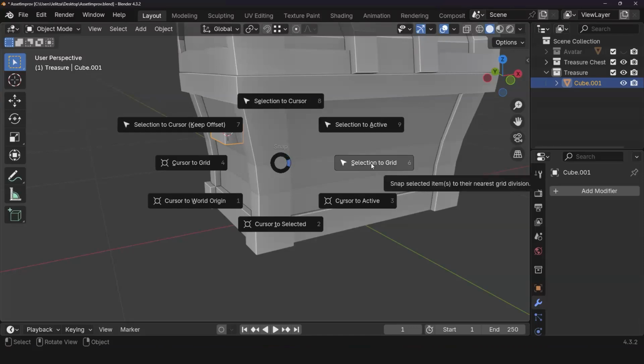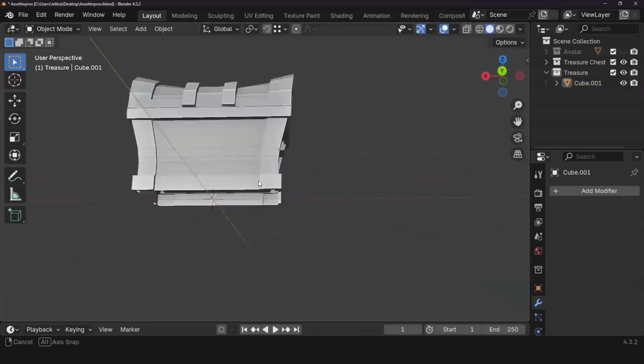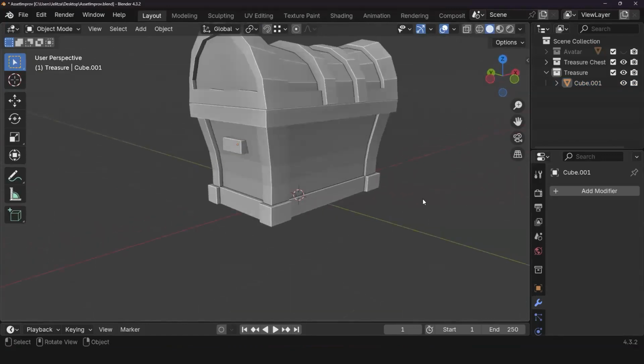Selection to grid means it will take your selection and bring it to the grid. But what we want is cursor to world origin. This is the number one thing that you will use. So I'm going to do cursor to origin, and then boom, it's back to the very center of the grid. And in Horizon terms, that is called 0, 0, 0.